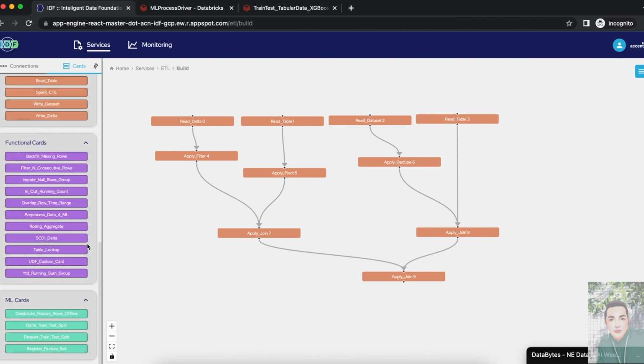Now we have capabilities in terms of fixing the data, like for example backfilling missing records, finding n consecutive records, imputation. So in the data science world, imputation becomes very critical. So if your data has a lot of missing values, you can impute some missing values. I can get some rolling aggregates, pre-processed data for machine learning, right? So this is also important. So this is where you can apply, if you need, all these encoding, scaling, all the techniques for pre-processing the data. So for example, right,